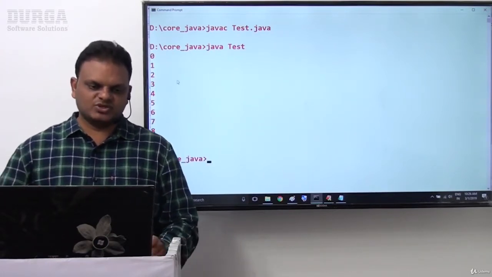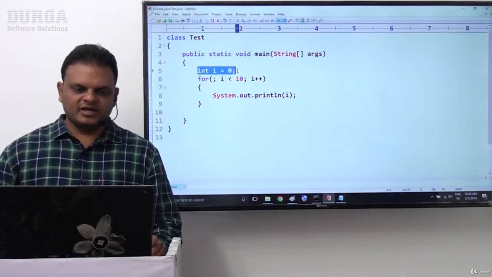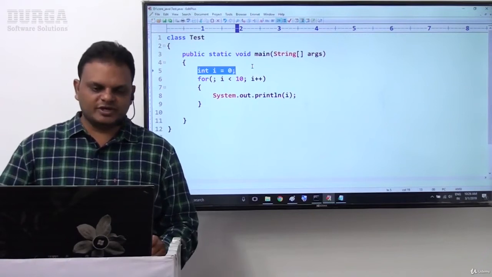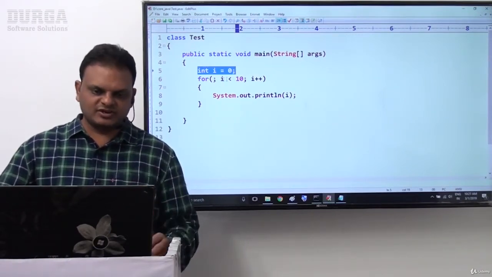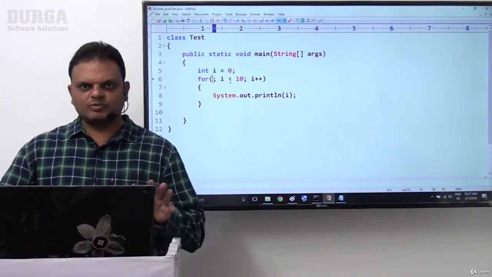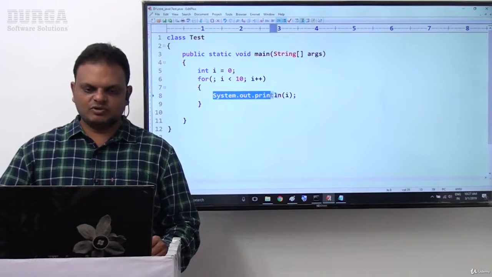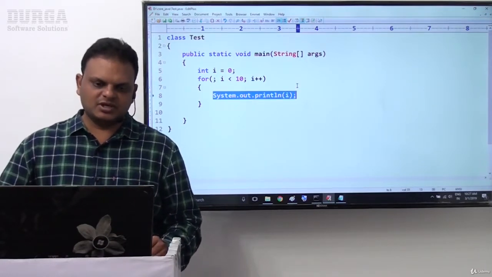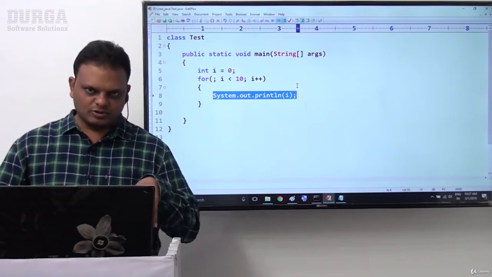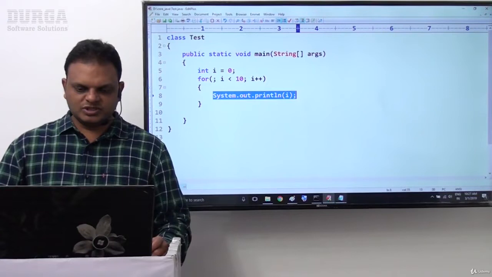Java Test. The output we are getting is 0 to 9. Why? Because before this for loop we declared the variable, int i = 0. So the declaration part is completed before the for itself. In the for loop, expression 1 is not provided, while expression 2 and expression 3 are provided, and System.out.println of i is displayed. So finally, expression 1 is optional, and we can remove it from our for loop. Good. This is point number 1.